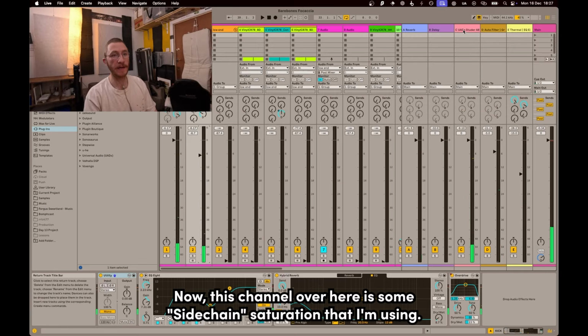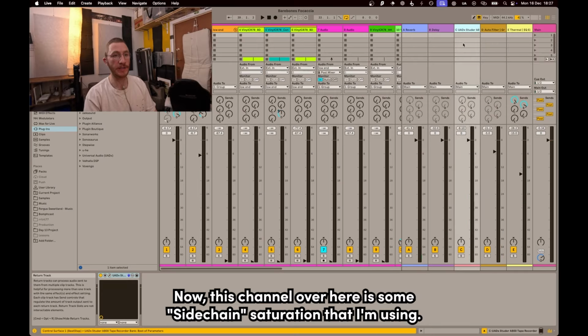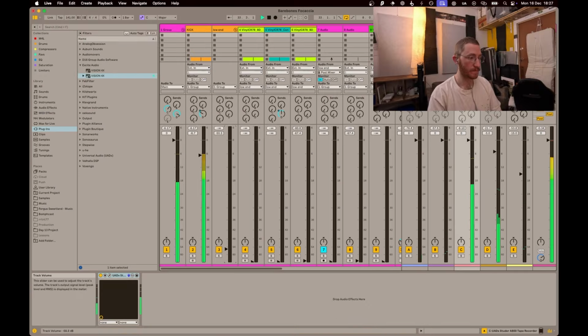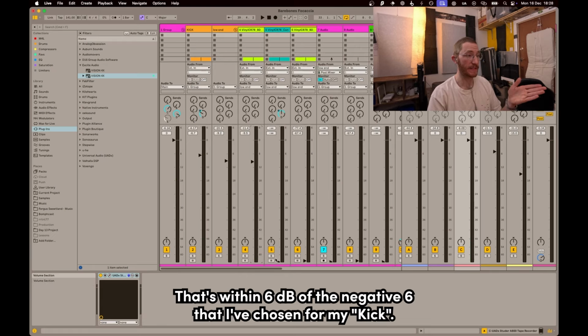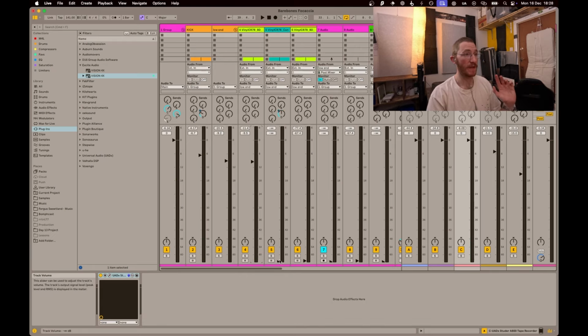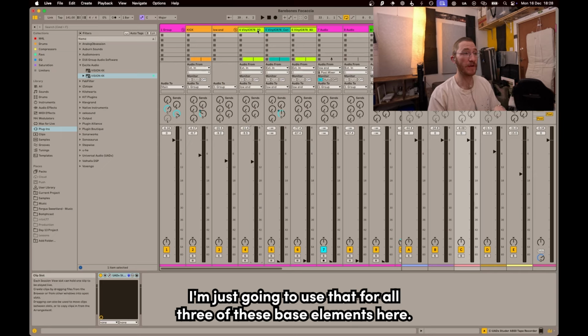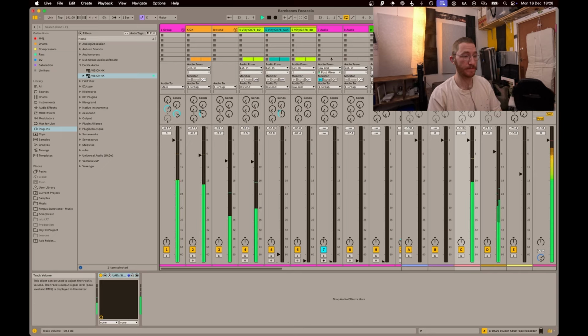Now this channel over here is some sidechain saturation that I'm using. Now I'm setting the level for that at -12. That's within 6 dB of the -6 that I've chosen for my kick. So I'm just going to use that for all 3 of these bass elements here.